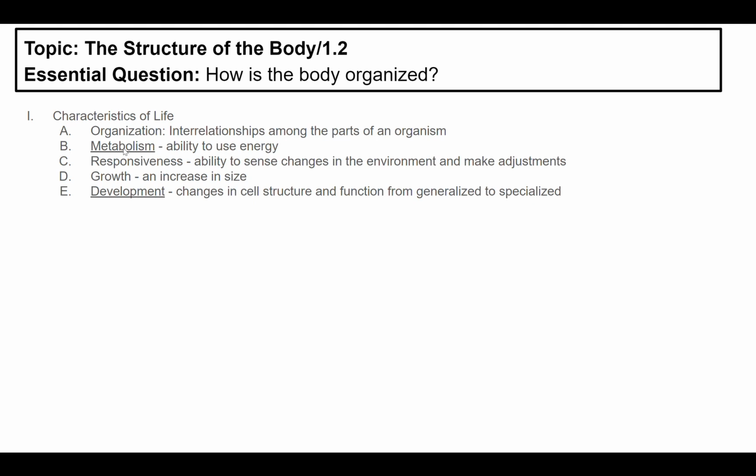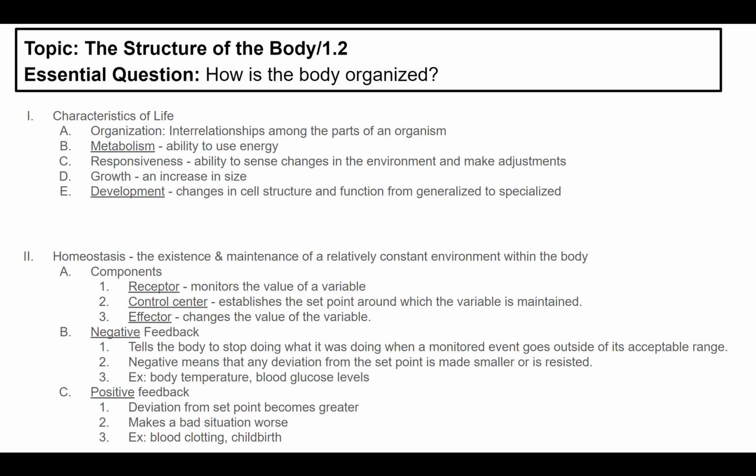You also need to be able to increase in size. That's what growth is. And then development is your last blank here. These are changes in cell structure and function, maybe from very generalized to very specialized. And at the end of the year, we'll be looking at reproduction and development, and it'll be quite fascinating for you to see, if you've never seen that, how all people start as this one little cell that develops and changes from something very general that you couldn't tell what it was. And so that's going to be pretty cool to see. So again, all living things should have these five characteristics in common to be considered a living thing.